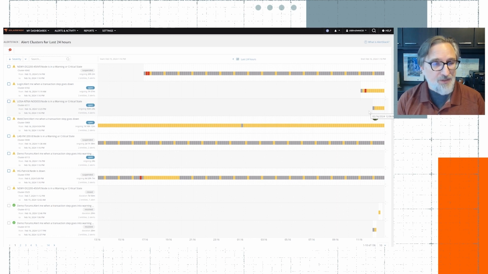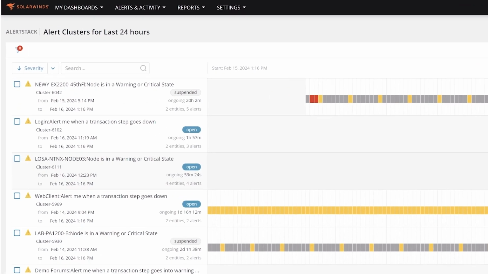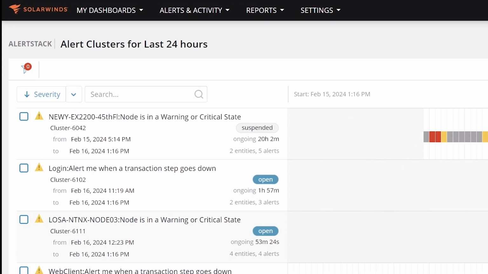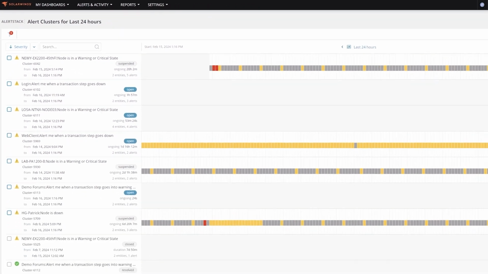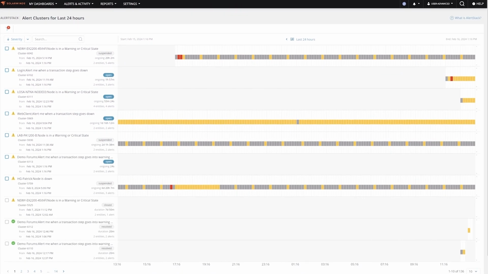The great thing is that this is happening in the background as the alerts are coming in. Automatically, the clusters are created, so you can see cluster numbers here. And they're maintained over time. Once the cluster starts, as the alerts change status, they will record that. And we see that here in the charts, and we'll dig into this in just a minute. Also, you can automatically have these clear themselves out. So if an alert comes up, the cluster will be created after a certain amount of time. The clusters can go down by themselves.